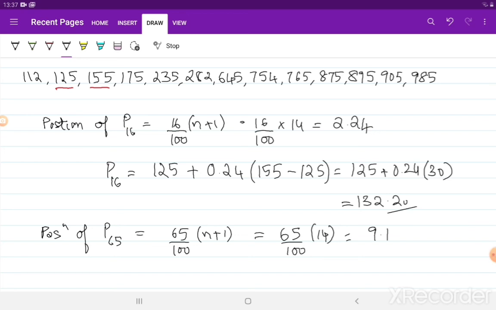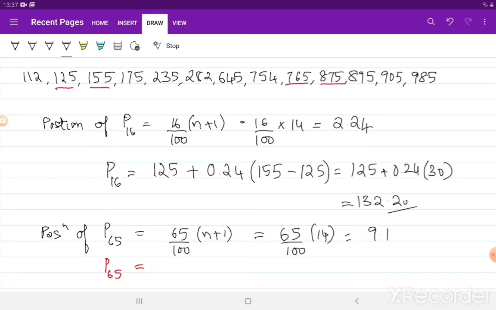So your P65 will be between the 9th and the 10th number. Which means to find the actual value of P65,